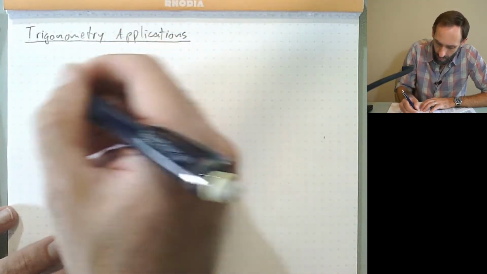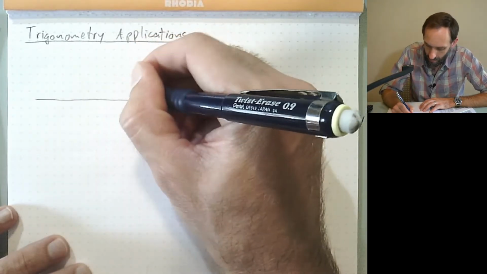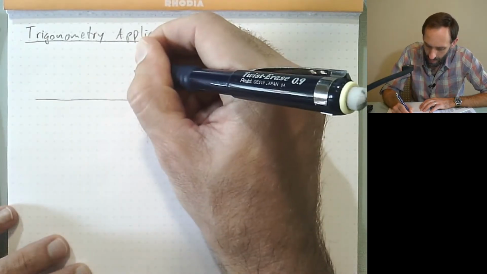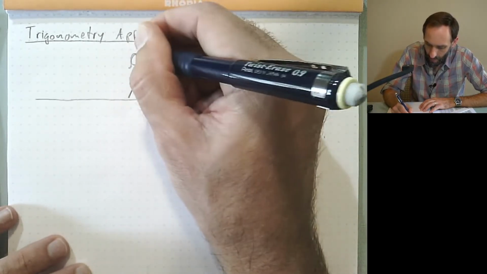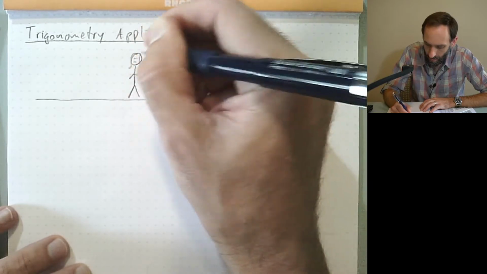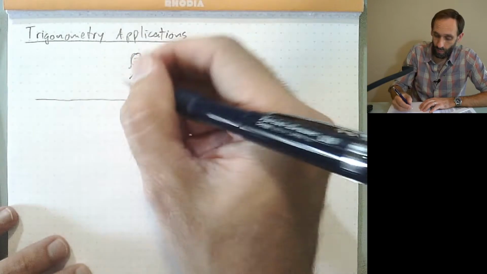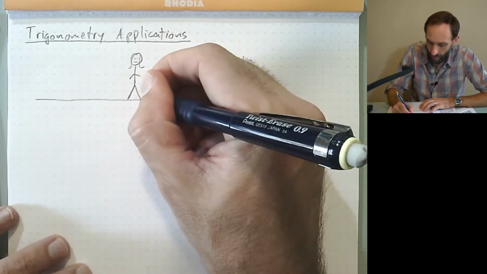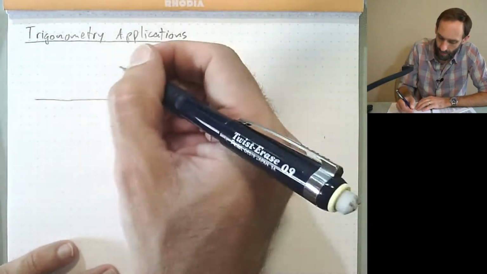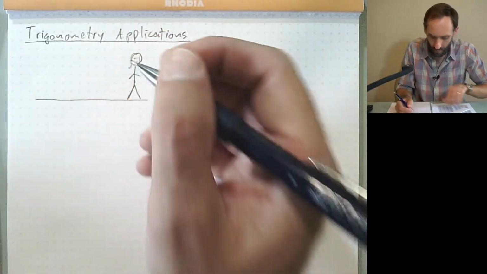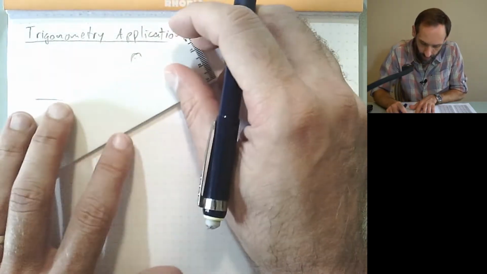So I'm just going to draw out the person that we used as the reference object. So here we go. We have our person, and if you recall, we used the length of the shadow of the person to measure the tree. And so let's say this person's got this shadow casting here, and we're going to go ahead and draw in